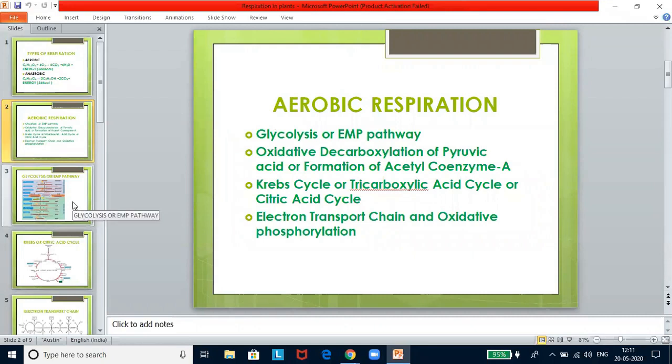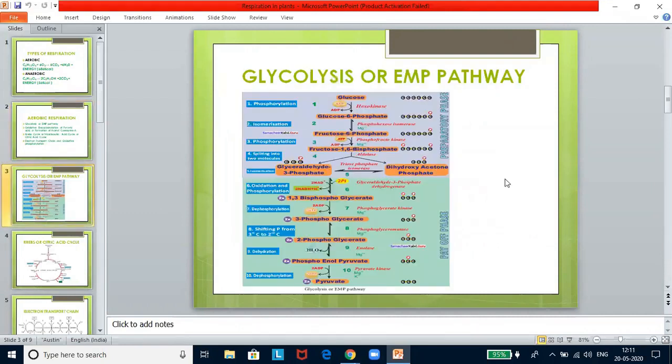Now let us get into glycolysis. This is a big series of reactions, and you have to learn this by practicing. So to practice these equations, please write and see, because they might ask you the enzymes that get into the reaction, or they might ask you what is the product. Unless you are thoroughly prepared, you will not be able to answer the question. Though the answer might be simple, you require practice with the cycle. So glycolysis or EMP pathway, you better practice this.